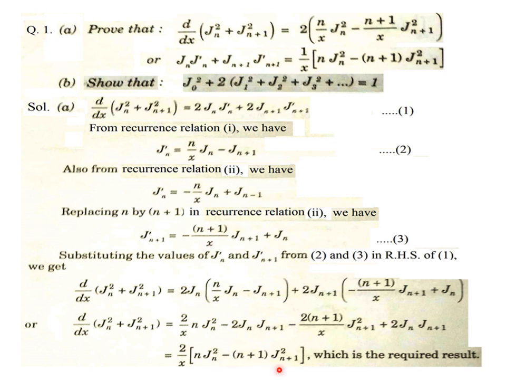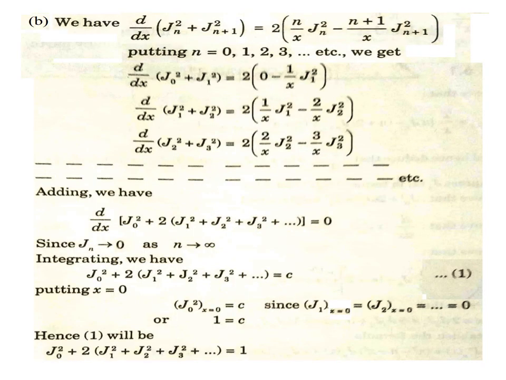So that is about the derivation of part A, and you have to remember this, because in part B we will use this part A again. See, part B starts with writing part A again, and what we are doing is substituting different values of n in part A one by one, starting from 0.